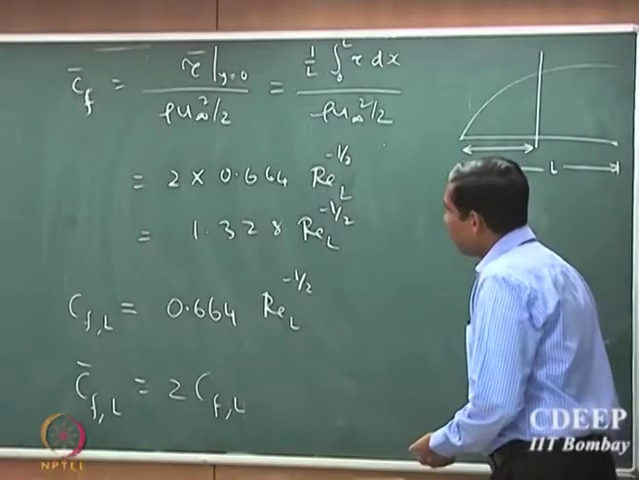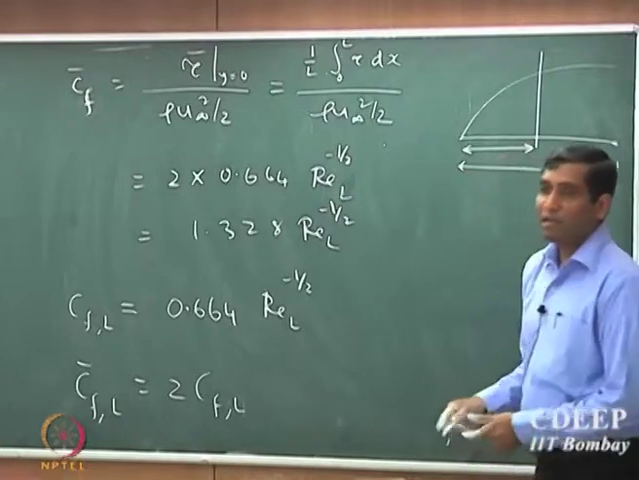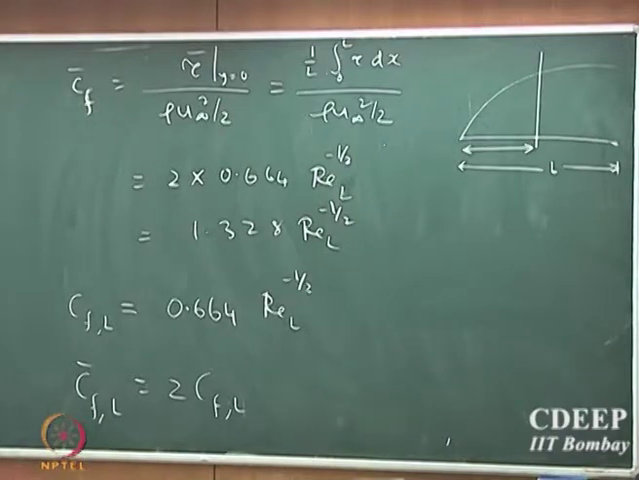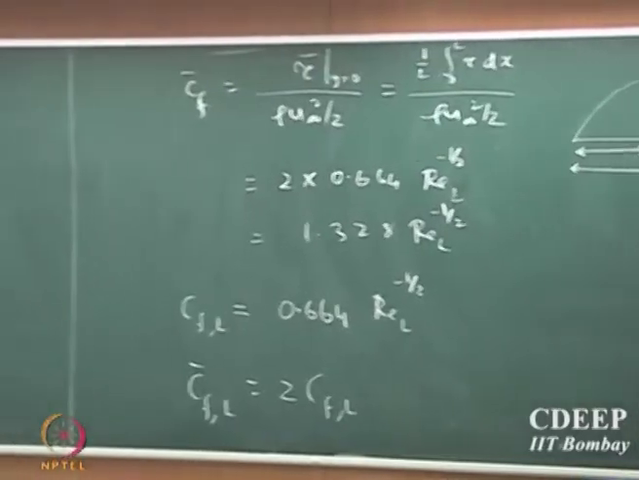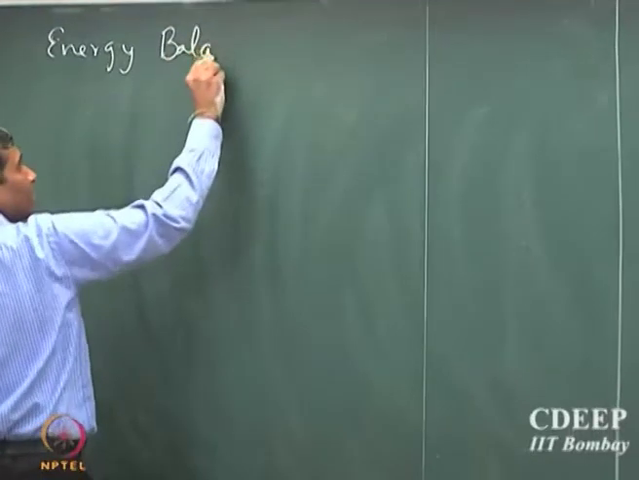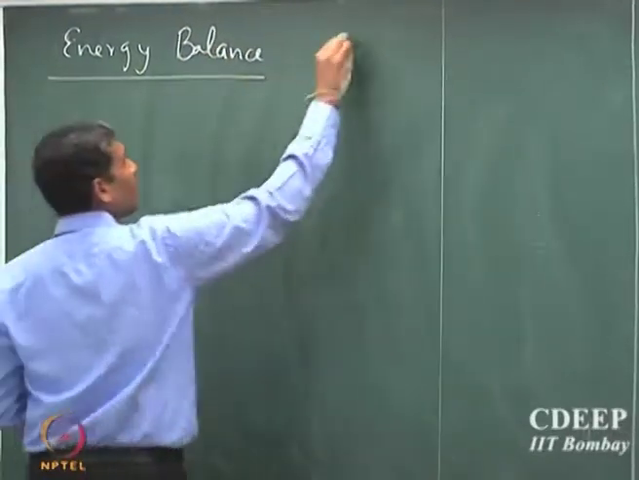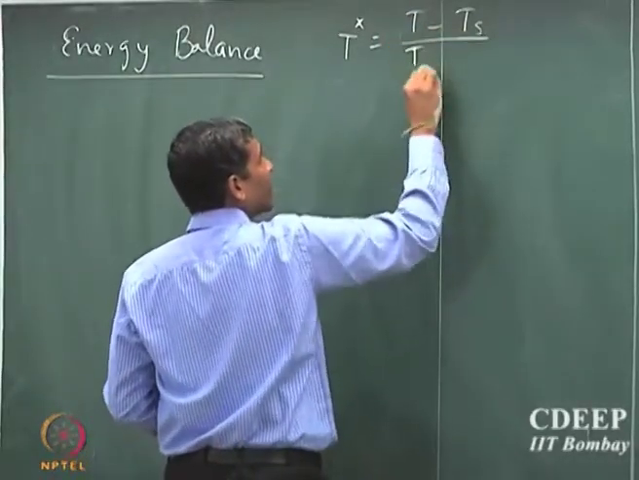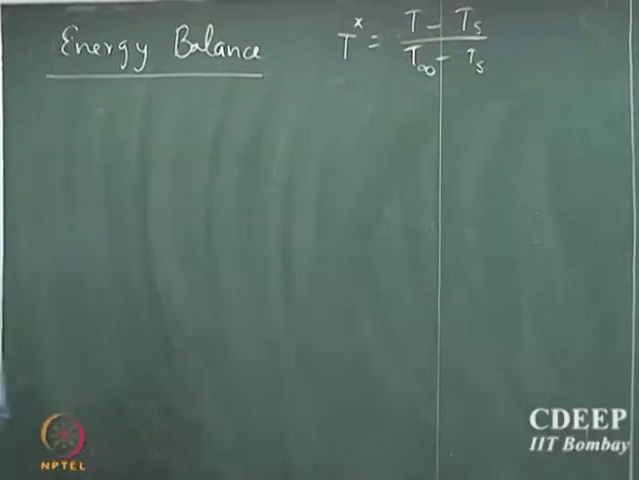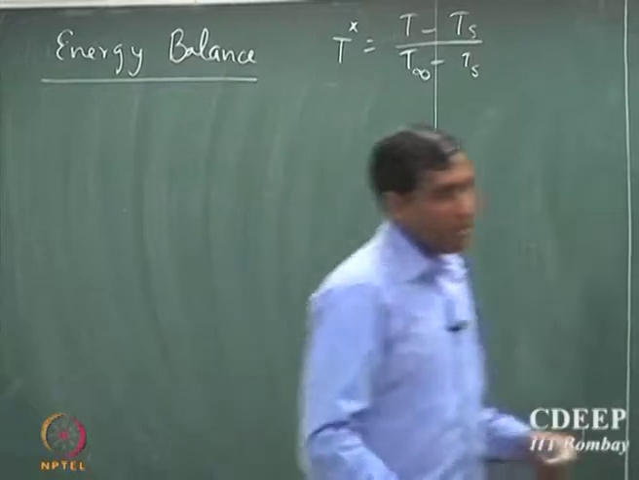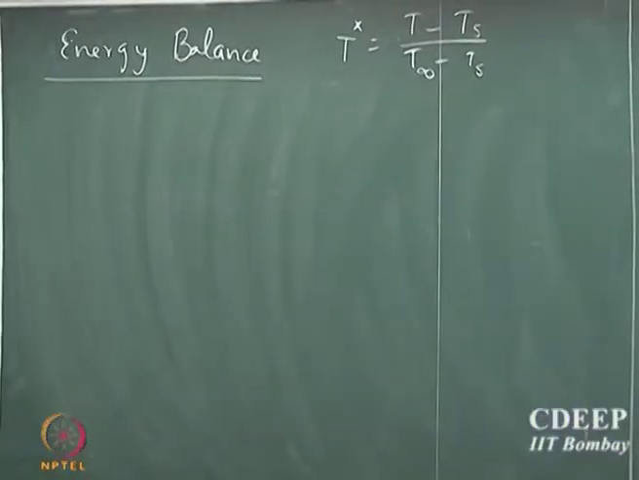So similarly one can do for the energy balance and the mass balance. So what you will see for energy balance, we can now write the energy balance in terms of the modified or new variables. So I define T star as usual as T minus Ts by T infinity minus Ts. Okay. So I define this dimensionless temperature,